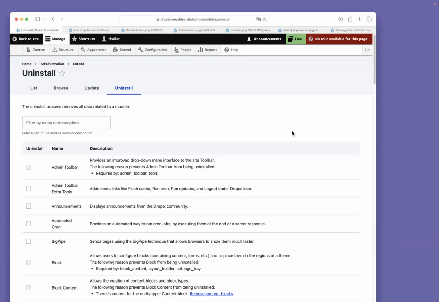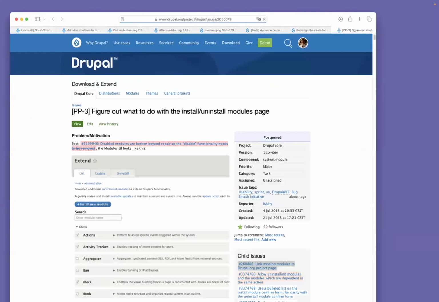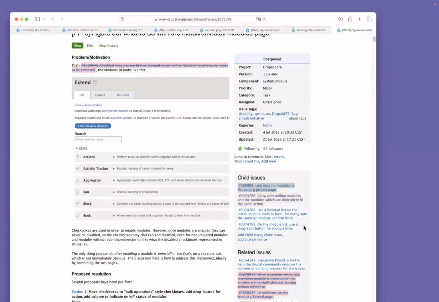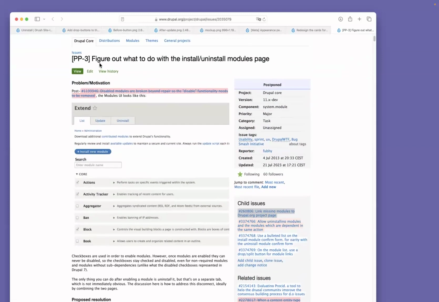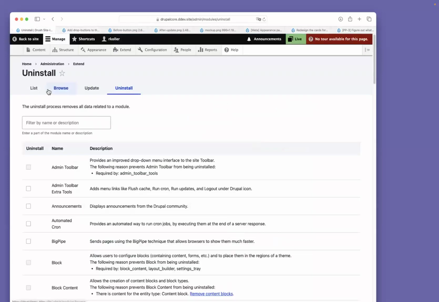There is basically the following issue, another one, issue number 20350079. We've also talked in this meeting here about figuring out what to do with the install and uninstall module page, and we've already created three child issues for that, and postponed the issue on those. Because at the moment, it's just a patchwork, and the point is also